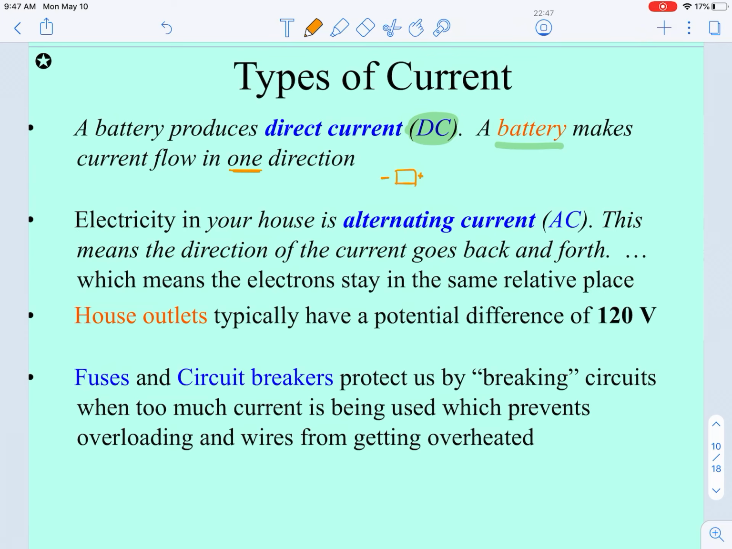So if this is my battery and this is the positive end and that is the negative end, then we know it's going out this way around that circuit and it's going in on the negative end. So it will never change the direction that those electrons are moving because they're always going to go from the positive to the negative. If we have an alternating current, so AC, alternating current, well, it's called an alternating current